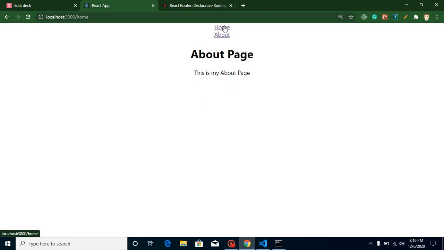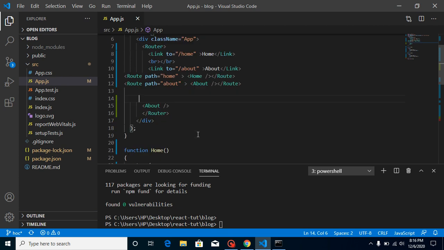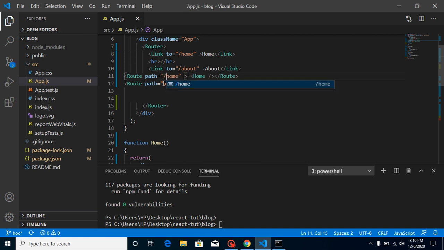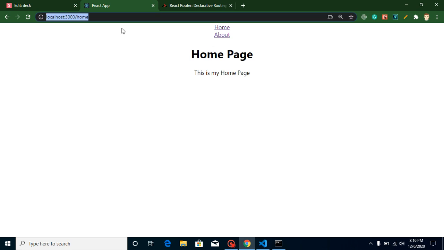Now on a home, we don't need these two things, we can just remove them from this About component, and we must put slashes also. And format it. Now on the home page we are able to get Home, on about we are able to get About. So if we remove it, we have nothing to see for a moment. But in the next video, I will show you how we can make a blank URL and the root URL also for routing.